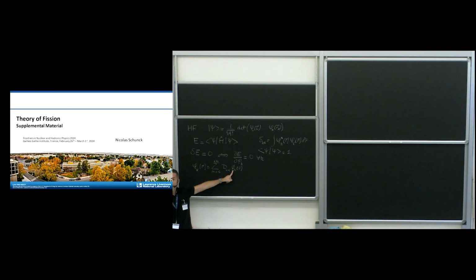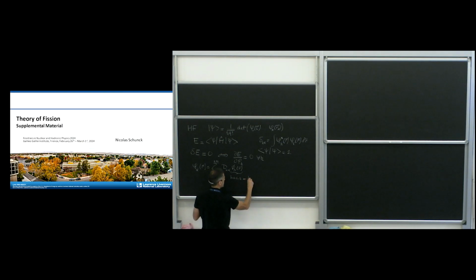These functions phi n, it's a basis, so I have to take functions that I know. One example of functions that I know are harmonic oscillator wave functions. Whether it's a Cartesian harmonic oscillator in 3D or a spherical harmonic oscillator, we know that the wave functions of the harmonic oscillator are typically some polynomials times some exponential. In Cartesian coordinates for a 3D harmonic oscillator, this would be Hermite polynomials times some Gaussians. In the spherical 3D harmonic oscillator, it would be some Laguerre polynomials. But the thing is, this basis of functions is known. You know exactly